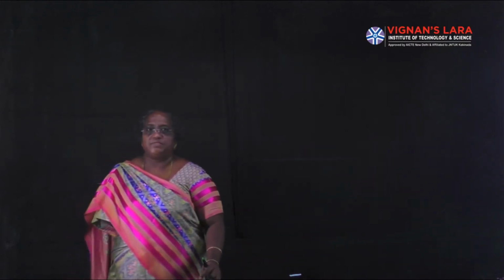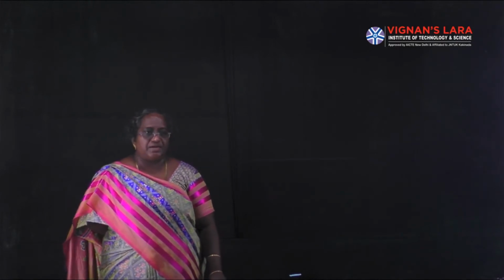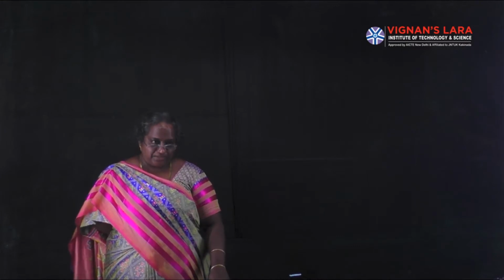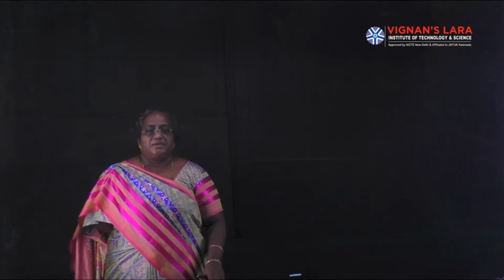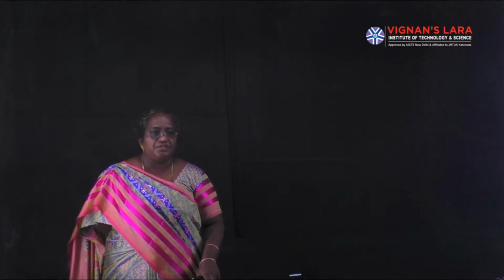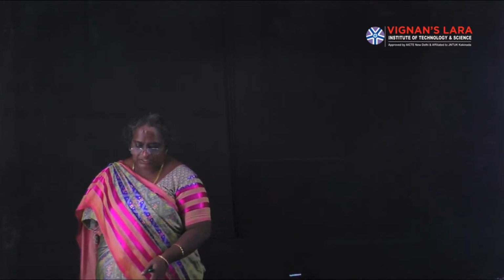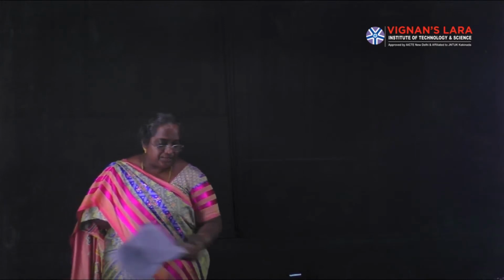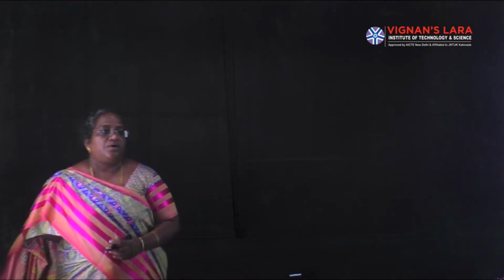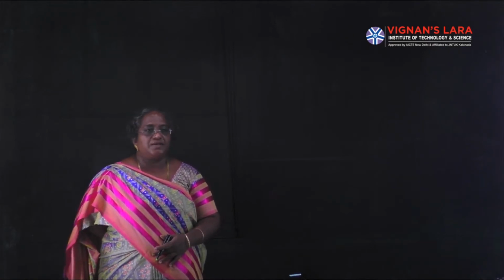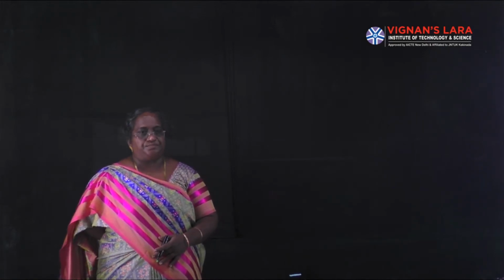Yes, good morning everyone. So in the last class we have seen the Taylor series method and Picard series method. They are all single step methods. Now let us see the numerical methods of solving ordinary differential equations which are step by step methods. So I told you what the step by step methods are. Those step by step methods are Euler's, modified Euler's and RK method. Modified Euler's is also called the second order RK method.